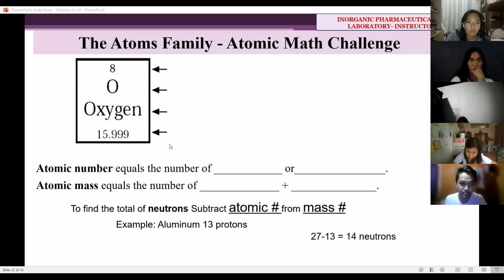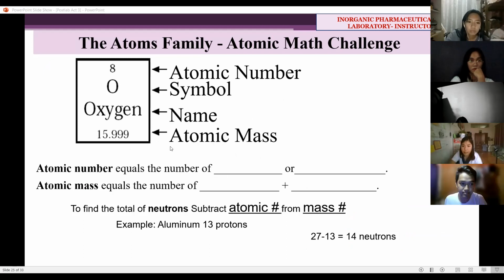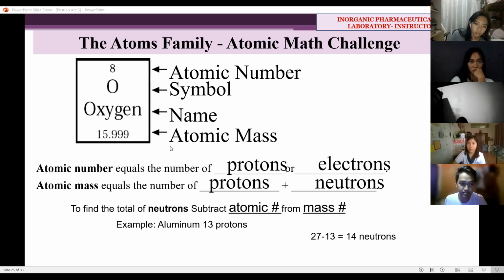So this is how the elements are arranged in a periodic table. Naka-arrange na din ang atomic number always, the symbol, the name, and the atomic mass. Do not forget, pag mayroon kang atomic number, it represents the number of protons. Pero pag walay charge ang element, same lang sila sa electrons. Pag atomic mass, always siya protons plus neutrons. Thus, if we want to compute for the number of neutrons, i-minus lang nato siya class. Atomic mass minus atomic number.